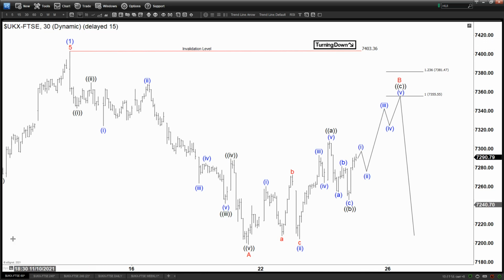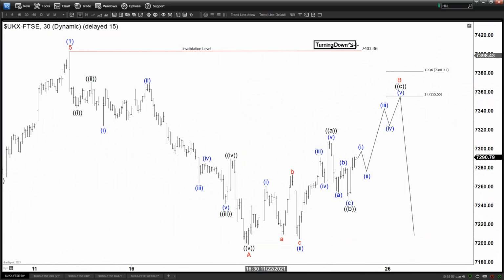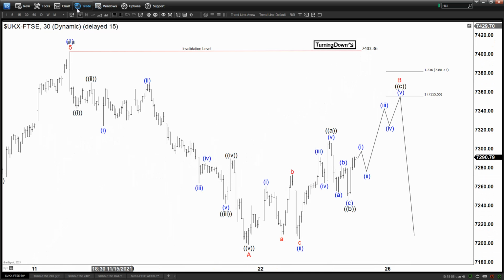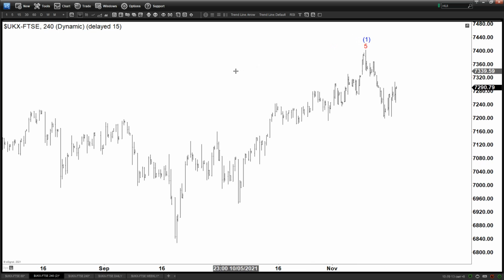And now remember, this is 5 of 1 here. So right here we got the 5 of 1. Okay, and so we're talking basically the cycle that started from September 20th here, right? From there we have a 5 ways up, ended this with 5 here, right? Something like this, and now we should be correcting as an ABC like what we saw